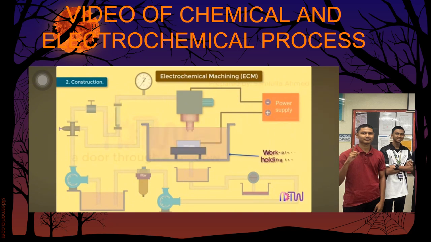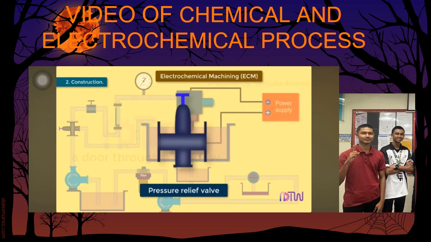Workpiece. Workpiece holding table. Pressure gauge. It shows the pressure at which the electrolyte is supplied to the tool. Flow meter. It shows the rate of flow of electrolyte to the machining area. Flow control valve. This helps in controlling the rate of flow of electrolyte. Pressure relief valve. In case the pressure in the supply lines increases, this pressure relief valve opens and bypasses the